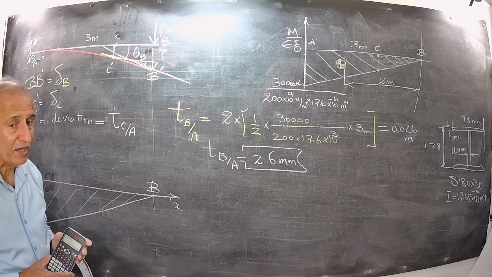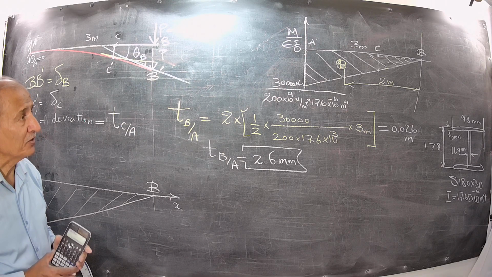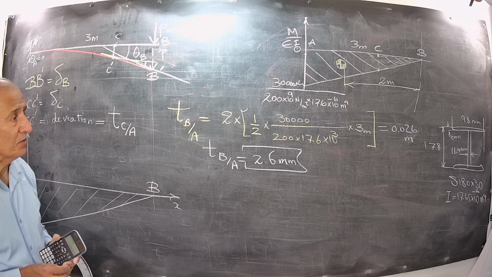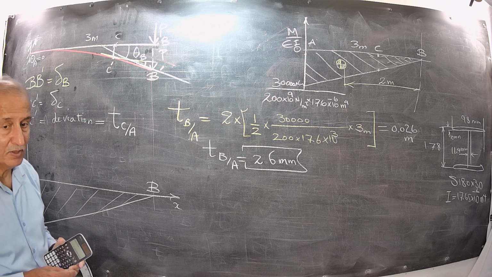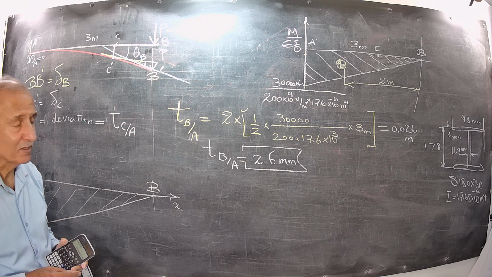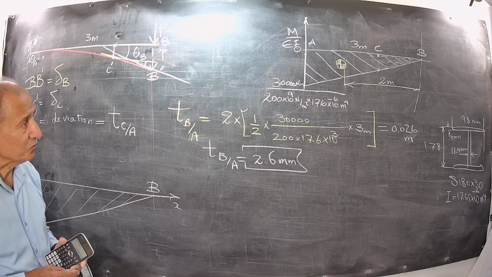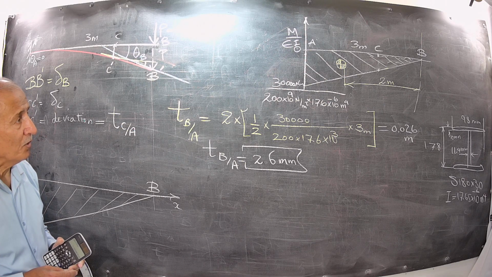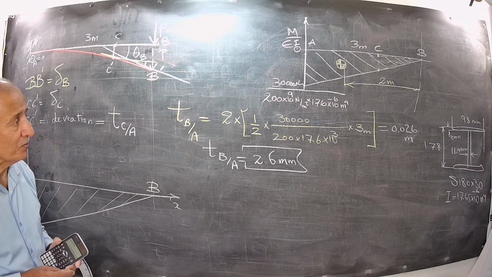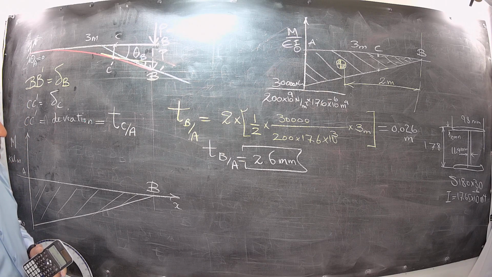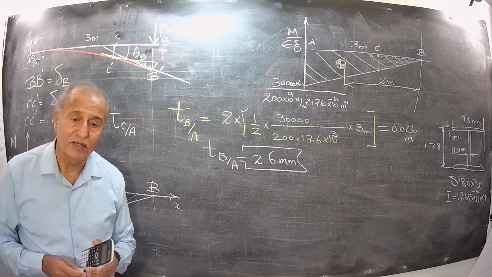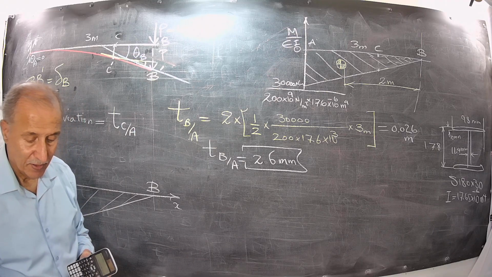And there are many ways. You can use integration, you can use other methods to find out deflection of a beam. This is one of the simplest calculations that we use, theorems about the deflection of a beam. First and second theorem we use here for cantilever beam to find the deflection. Then